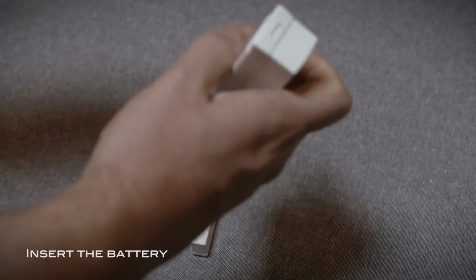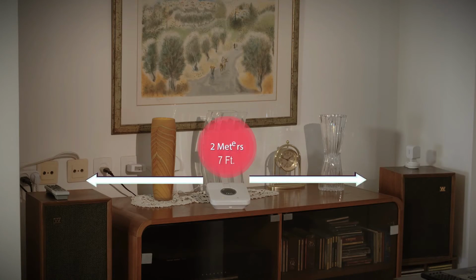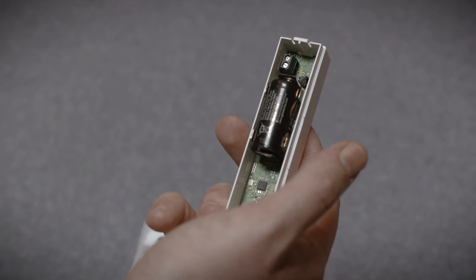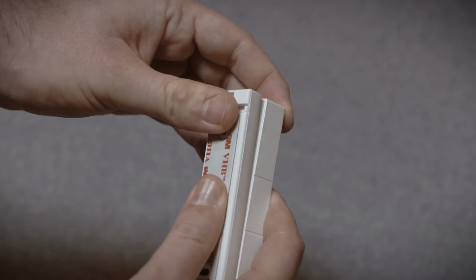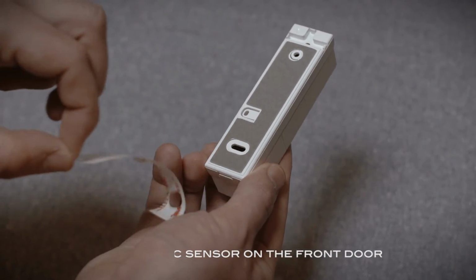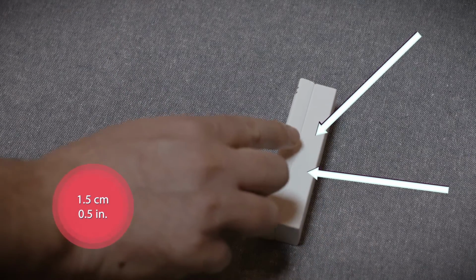Identify the cover release tab on the side of the sensor. Use a flat screwdriver to push in the tab and open the device. Move at least 2 meters from the control panel and insert the battery into the sensor. Make sure the positive and negative ends are facing the correct direction. Close the sensor. Peel the protective strip off the mounting tape. Align the 2 units using the alignment marks and make sure they will be no more than 1.5 centimeters apart